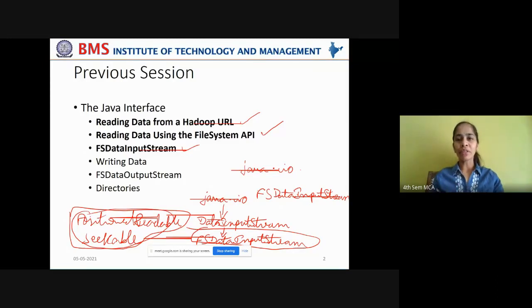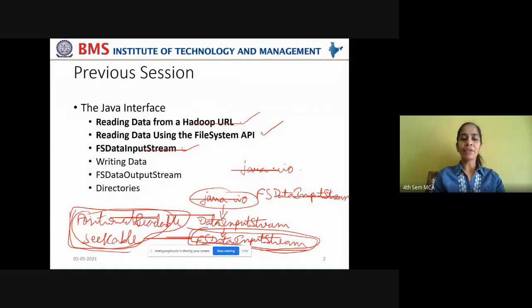Are you able to follow the terminology clearly? We are using data input stream class of Java IO package and extending it to use the specialized class FS data input stream, that is file system data input stream, which implements two interfaces, position readable and seekable.